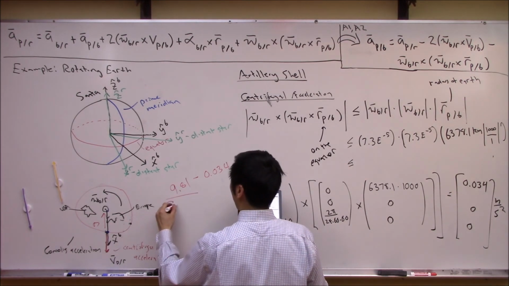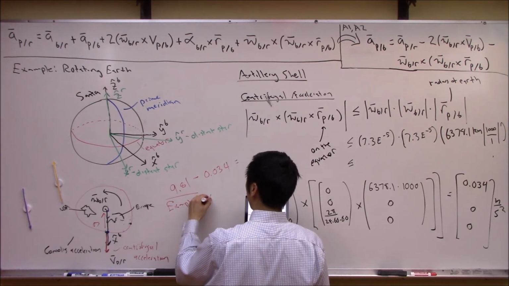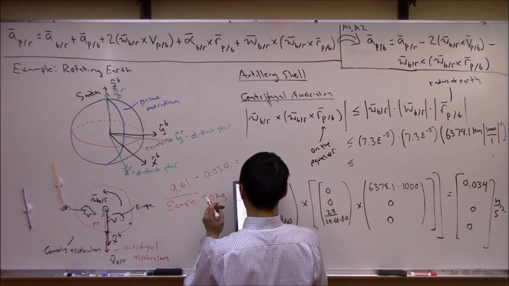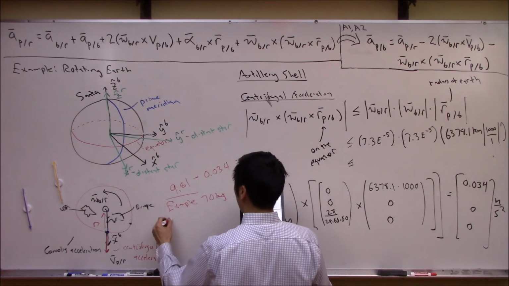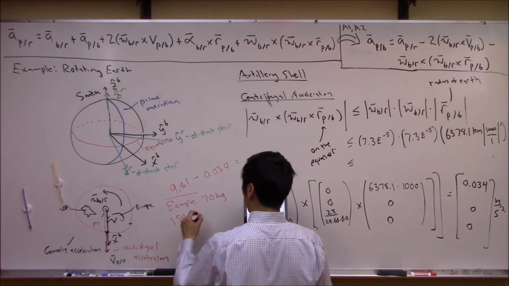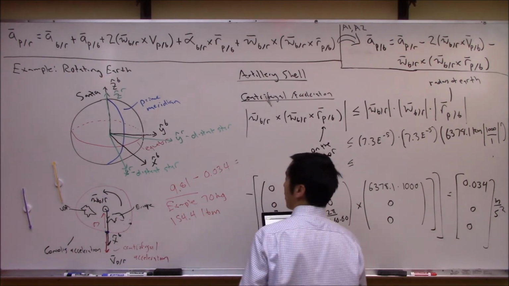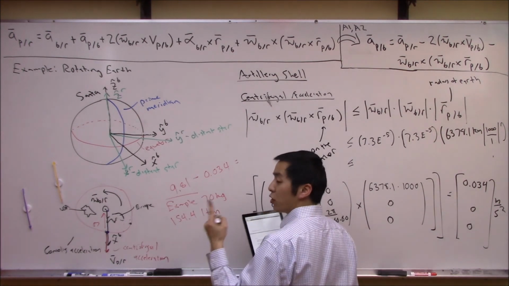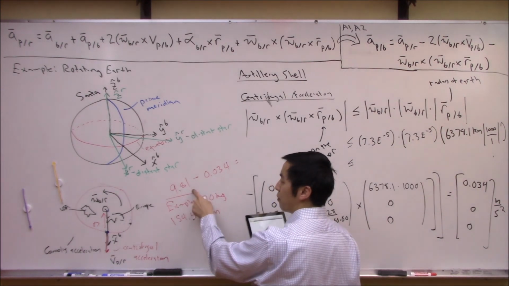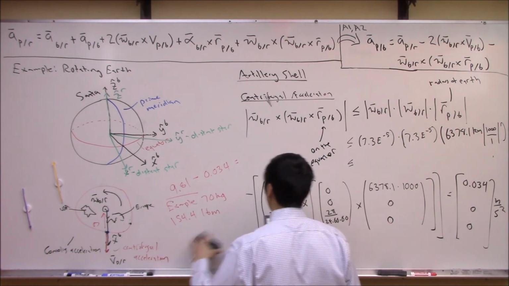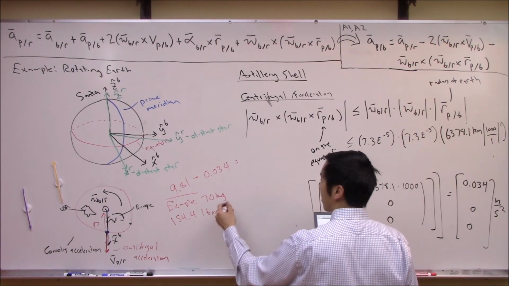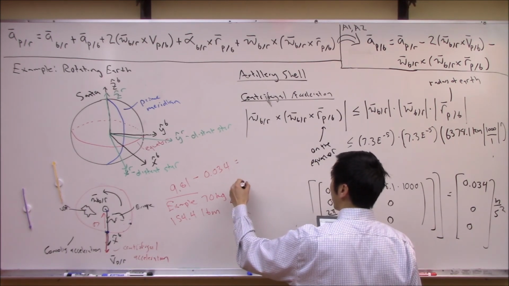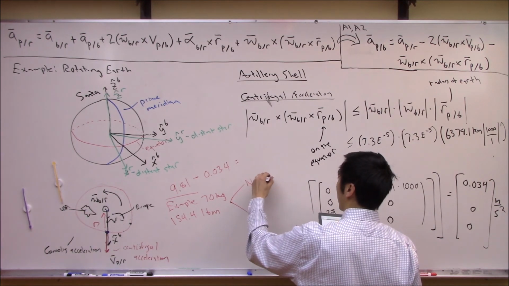So, example: let's consider a 70 kilogram person. I think this is something like around 154.4 pounds mass. Again, your mass obviously doesn't change if you're sitting at the North Pole or the equator. However, your weight does, because of this difference between gravity and centrifugal acceleration. So this same person with the same mass, when he's sitting up at Santa's workshop at the North Pole, this guy weighs